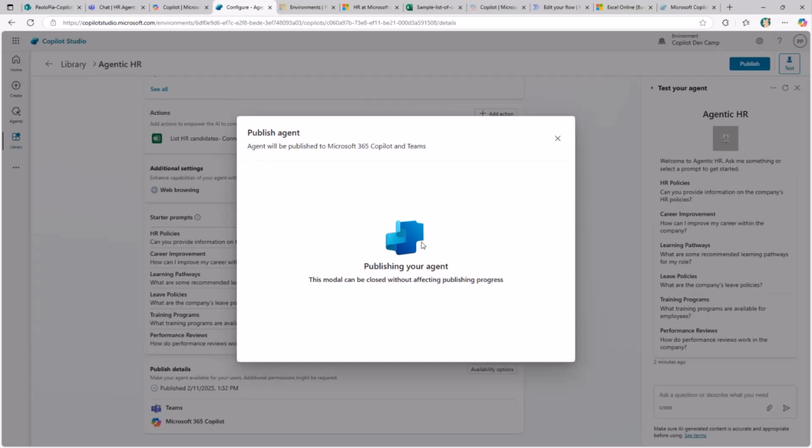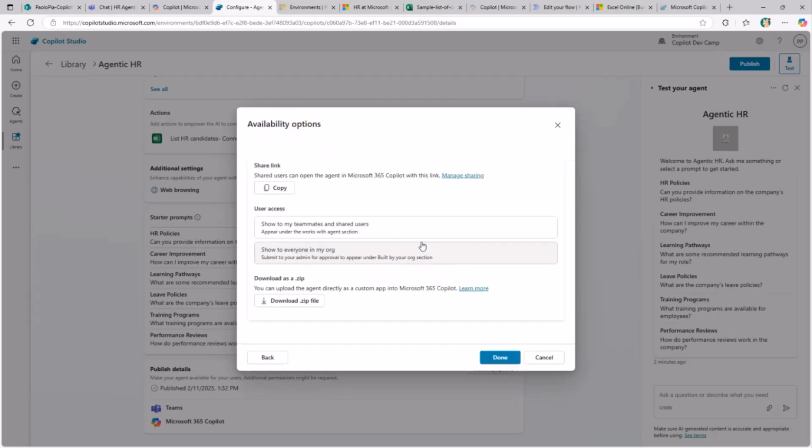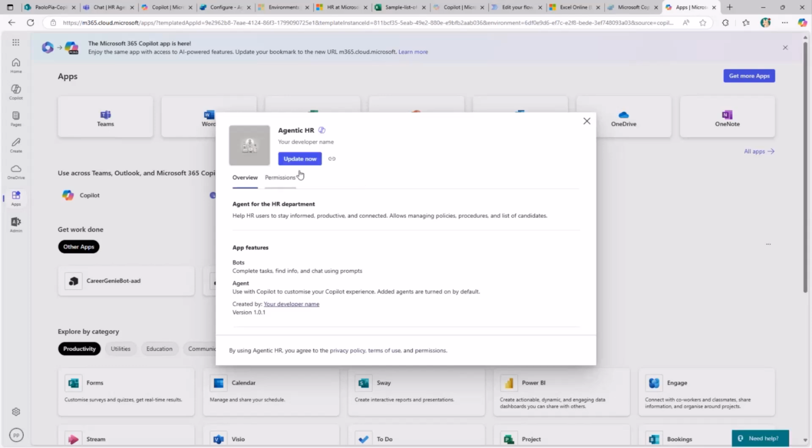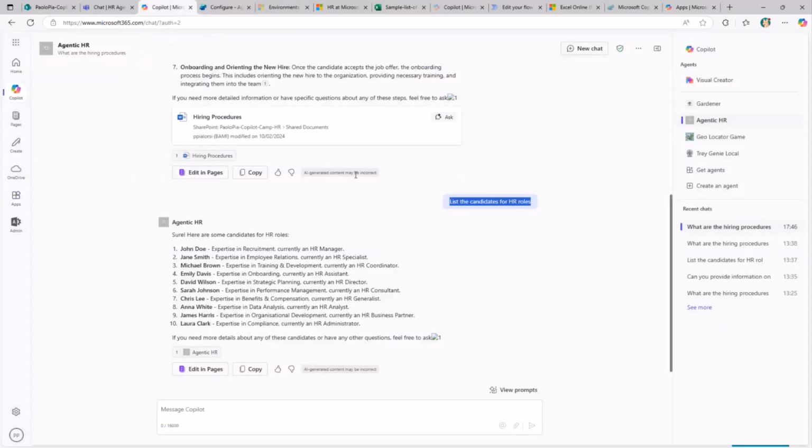Of course, the very first time you start using the agent and interacting with an external system like the Excel file through the connector, you will also have to authenticate. So here you see that I can copy the URL and I can start working with my agent for Microsoft 365 Copilot. Since this agent has already been published, I can update it, but I don't need to because I didn't change anything.